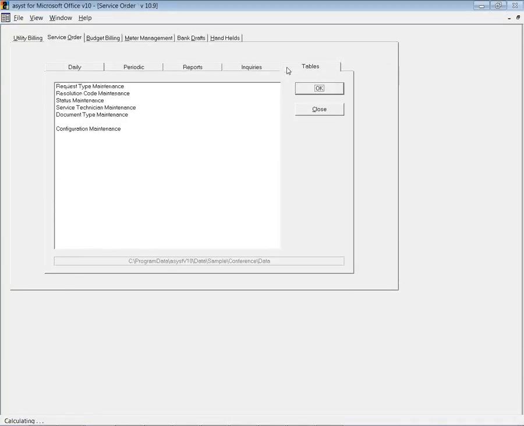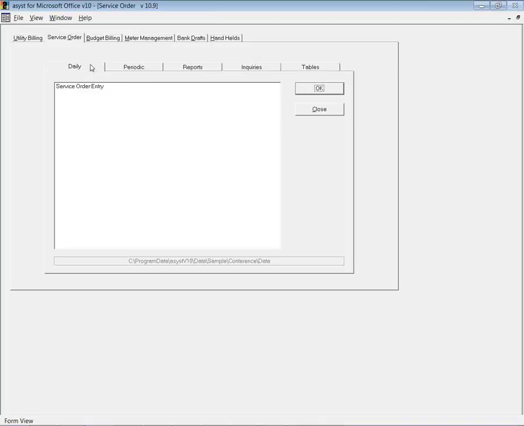Now tables, this is where you're going to define what types of service orders, what would you like to print on it. This document type here is, as I mentioned, we can do a mail merge with Word. So you could send canned letters, but it can merge in information from the service request. You can also set up your technicians. So a little bit of work on getting it set up, but remember it's going to automatically create service orders